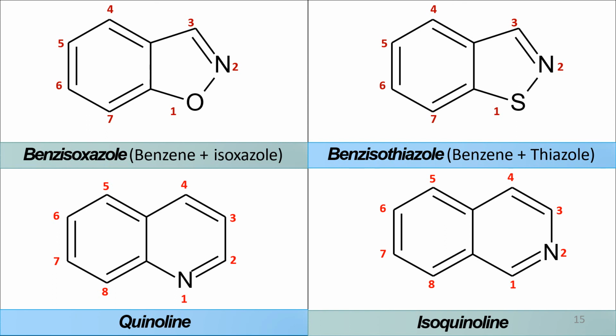These two are very important for antimalarial treatments like chloroquine. The basic nucleus present in that structure is quinoline. Very important. Benzene and pyridine fused together, then we call it quinoline. Isoquinoline is just a change in the position of nitrogen from 1 to 2, that's why iso. But the structure is the same. The only difference between these two is the position of nitrogen.